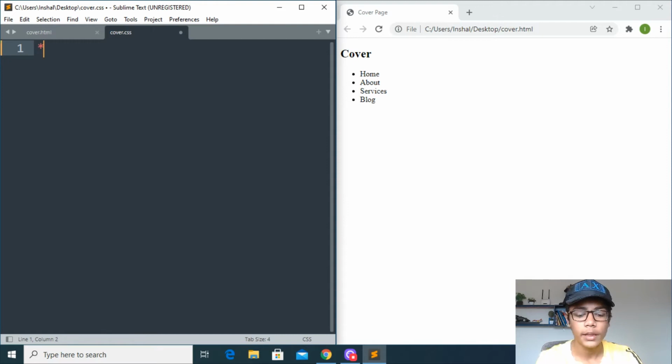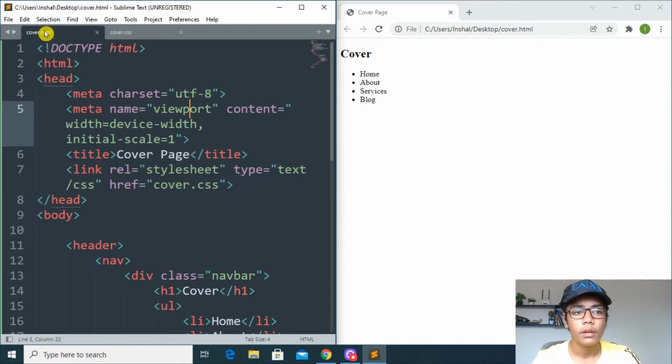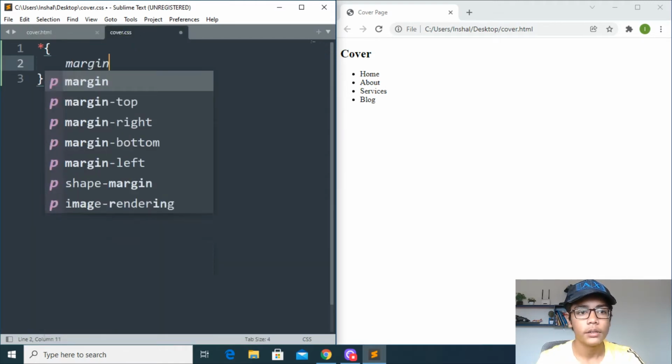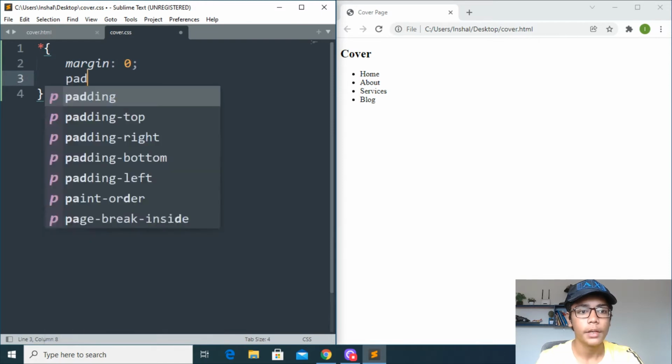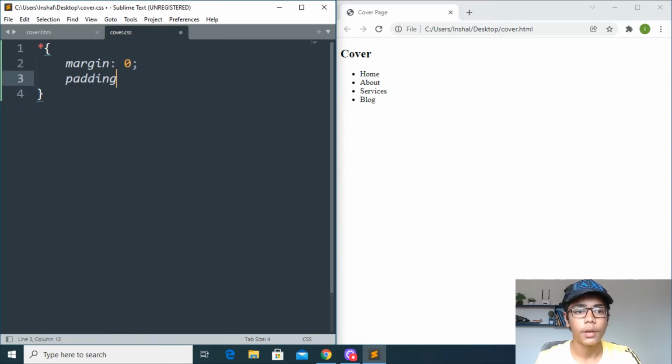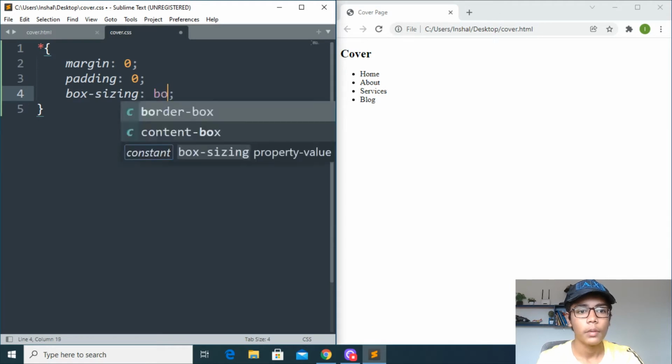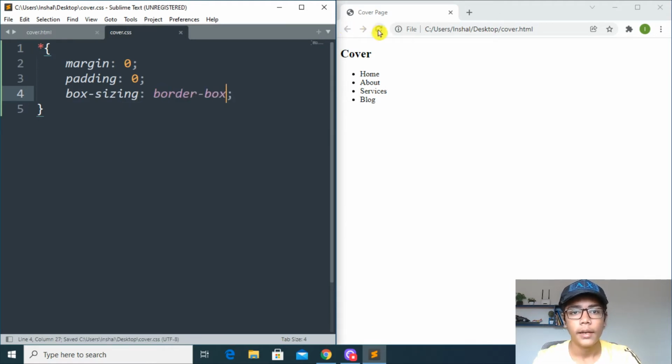Here I will be writing this tag, so you can press shift and 8. So this star tag will be just coming here. So it means you are defining all the things in HTML file which you are writing. So here I will be now writing margin 0, because here I don't want any margin and padding, but when we have to define one class, then we want margin and padding. So here I will be now writing box sizing also, border box. So here save that, and if I refresh, you can see there is not any margin and padding from the top and from the left side, because I have put 0 here.